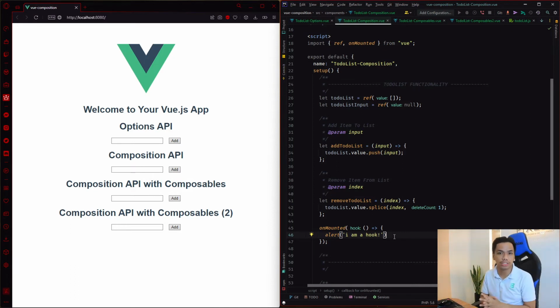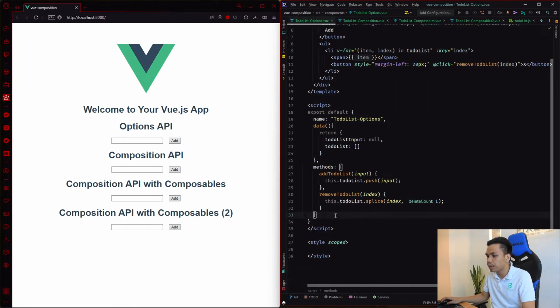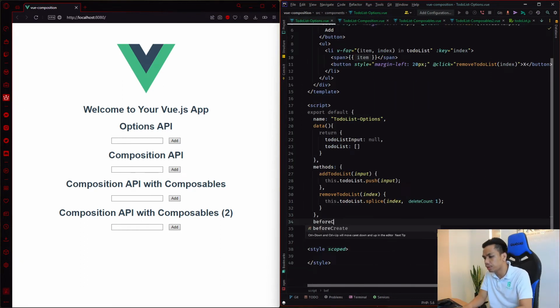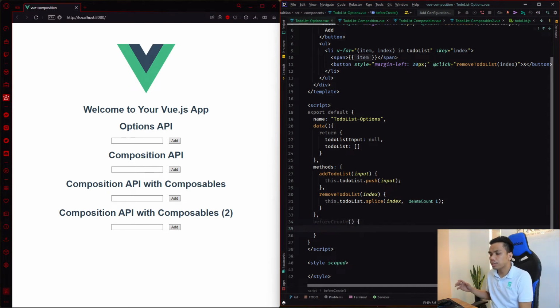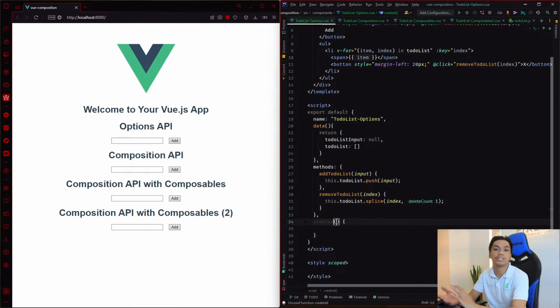Remember, the setup function is the equivalent of the beforeCreate and the created hooks inside the options API. So in the options API, we have these certain hooks, right? beforeCreate, something like this. Meaning, you can code certain types of functionalities before the actual component is rendered. And then you also have the created. Meaning, you can run certain types of functionalities, or you can run code after the component is created. But remember, created is not